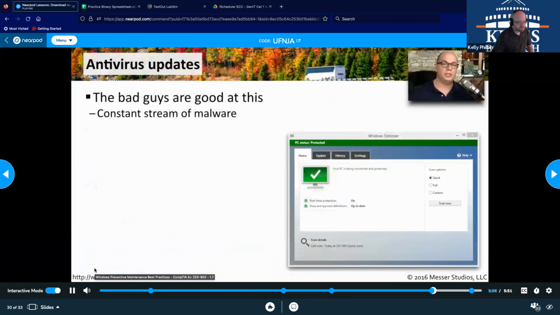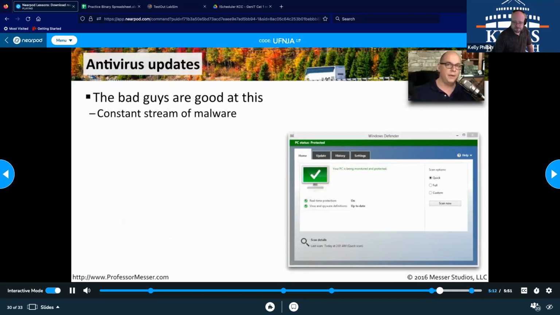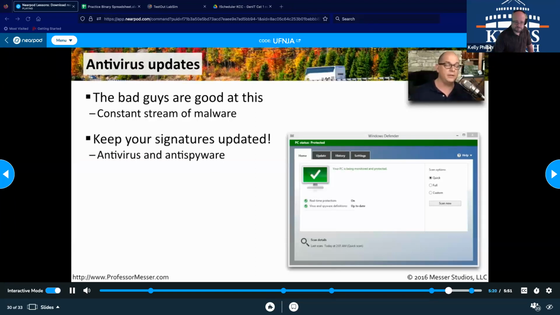An important maintenance and security update is for your antivirus and your anti-malware software. The bad guys are constantly coming up with new ways to get into our systems, so we want to be sure we have the latest signatures installed on our computer. This will be signatures for your antivirus, your anti-spyware, anti-malware, and any of the other security components that are running